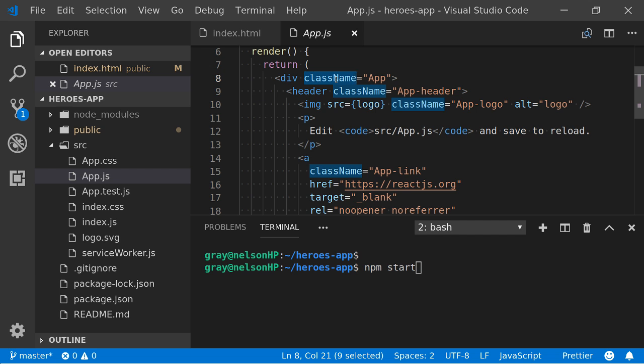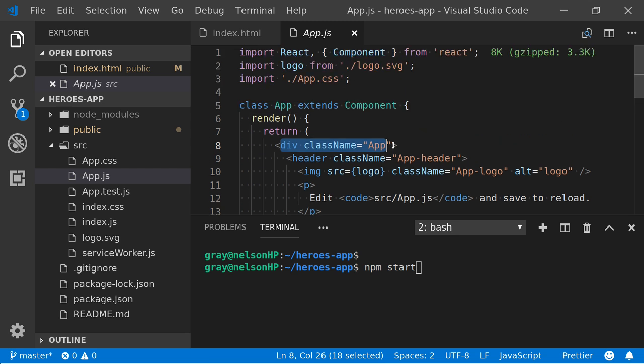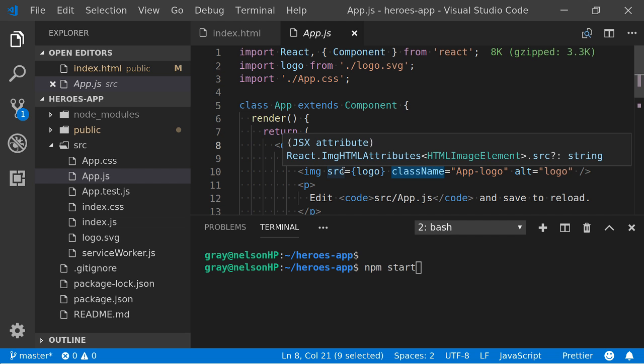What about this? Does this look familiar to anyone? Class name. Do we have an equivalent in HTML? It's just class, isn't it, in HTML? Yeah, so that's a subtle difference with React compared to HTML, because it looks like HTML, but don't forget it isn't. It's JSX, yeah? So everything here compiles to JavaScript, and we can't use the word class in JavaScript because JavaScript already has that. Yeah, we create classes in JavaScript. They were introduced reasonably recently, but yeah, they are in there. So we can't use that word.